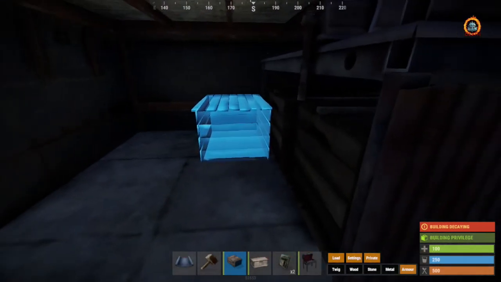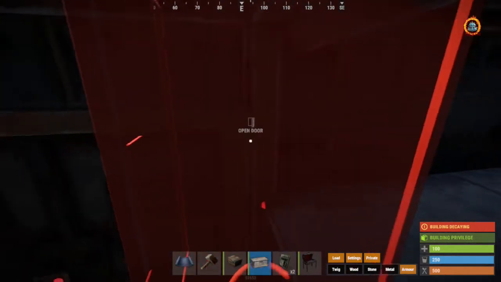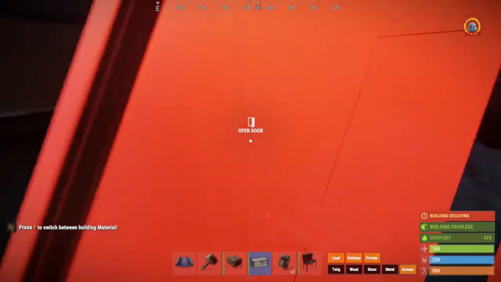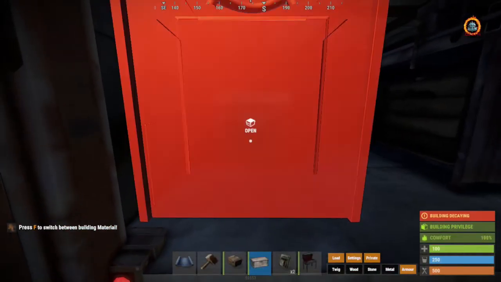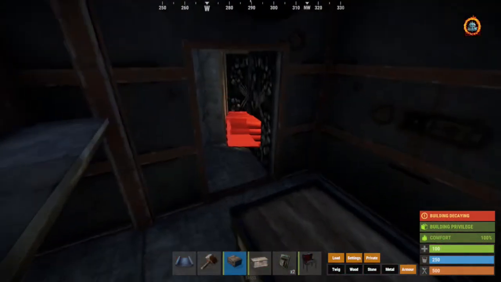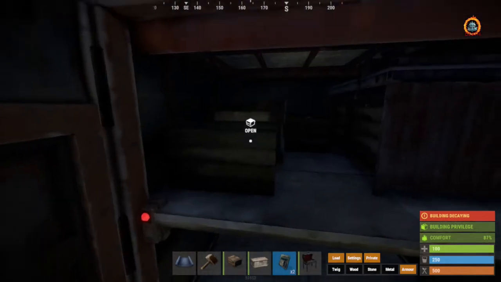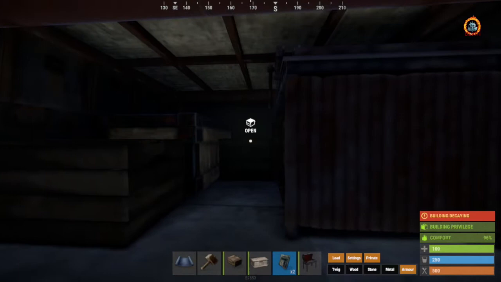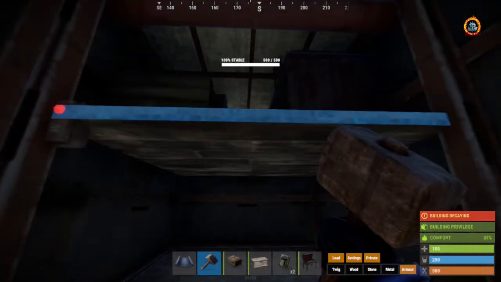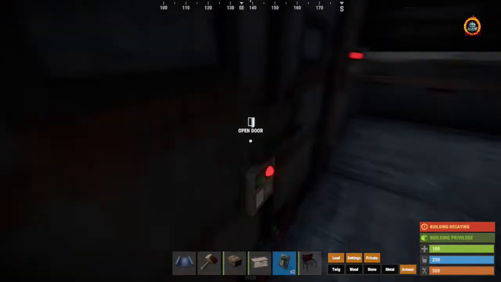And we'll put, so we're going to put a box here. Cool. We'll add a couple of locks on those. Okay, we've got locks on all those. Now, the next one is, so we're going to place some